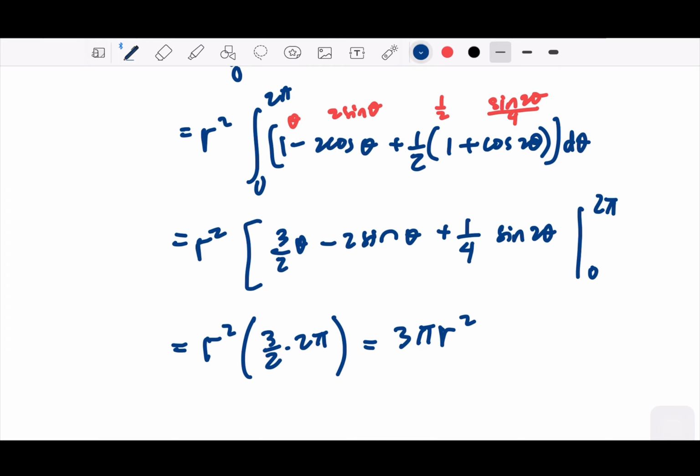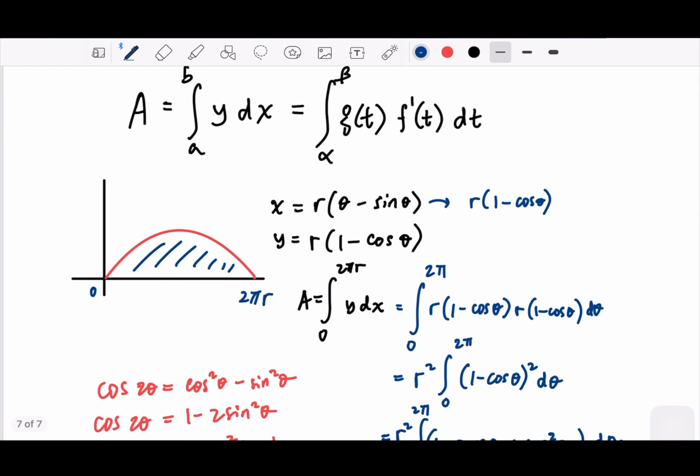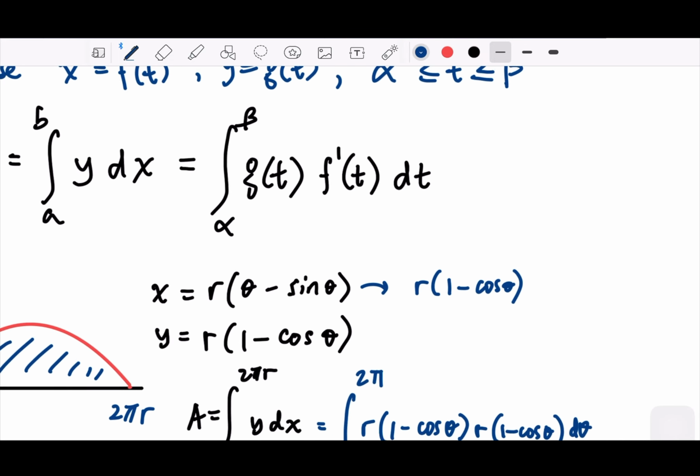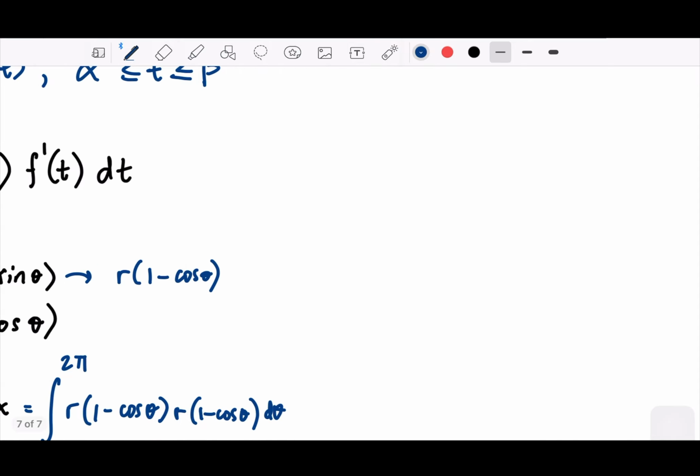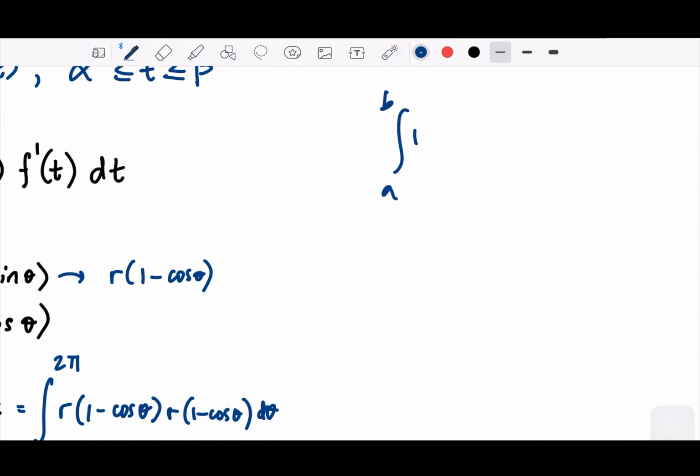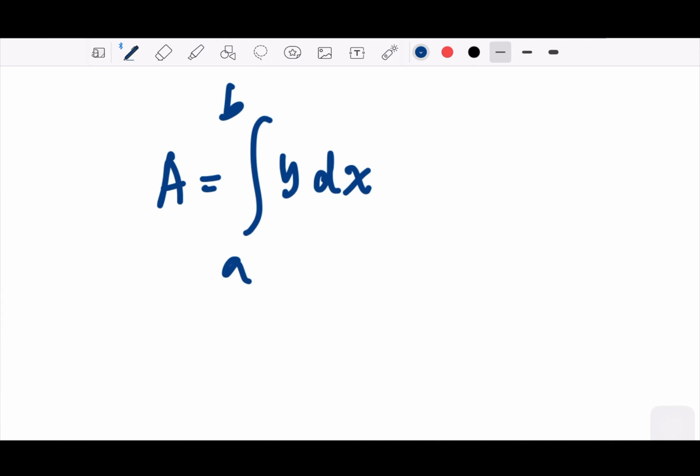Okay, if you look closely from here, let me just write here. What we are doing here is just manipulating the chain rule. If you agree with me, we are manipulating the chain rule within the parametric curves. So we want to have the integration with dt, right? We want to have integration with dt,